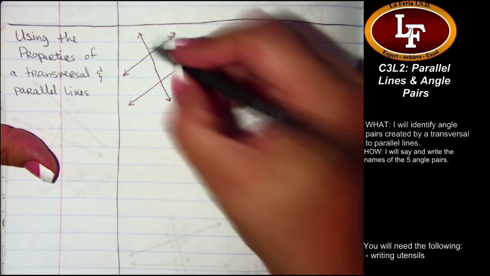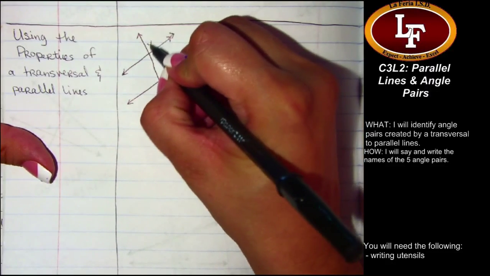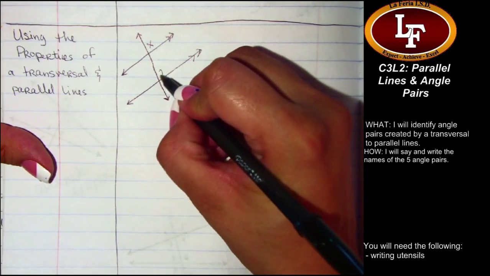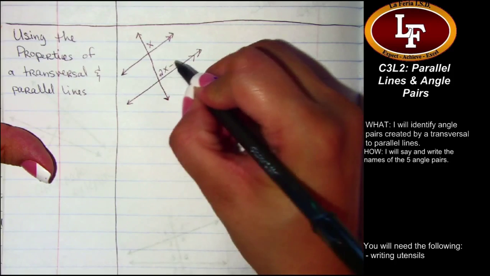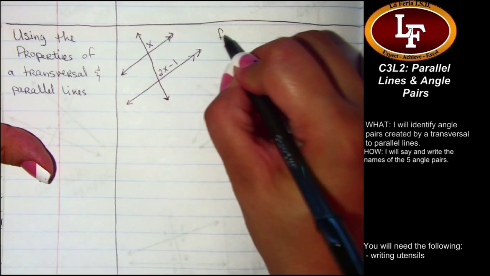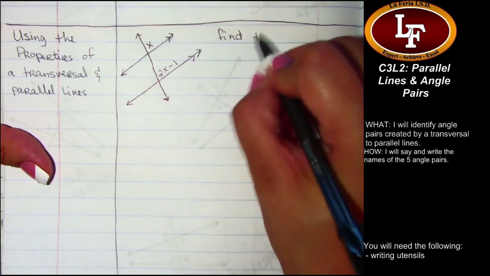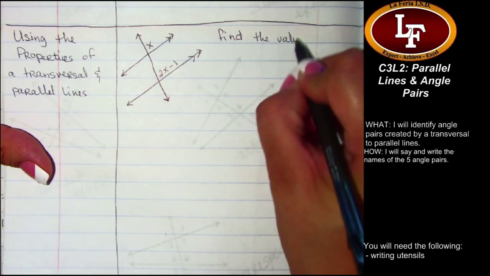Then mark this angle with a measure of x and this angle with a measure of 2x minus 1. And the directions for this example are find the value